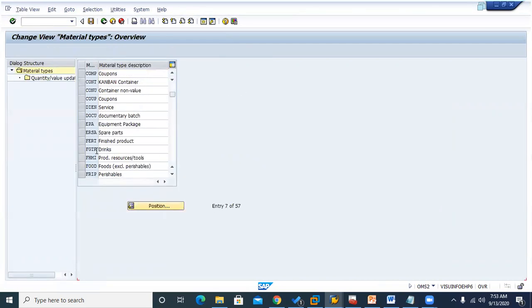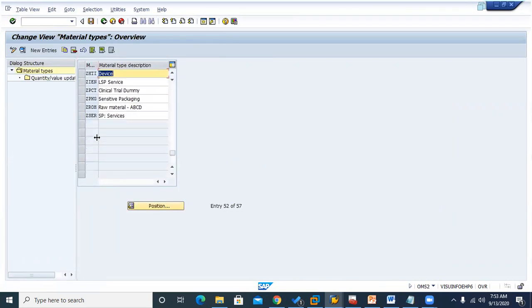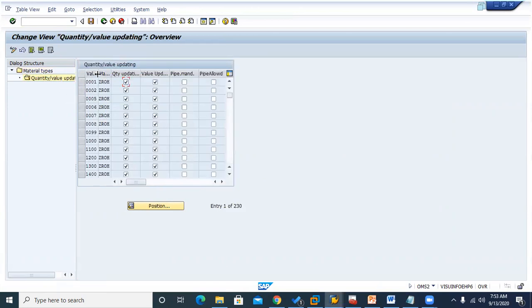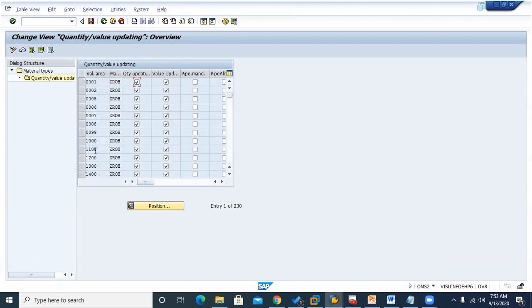I'll go here, I'll find ZROH, open this one. So with valuation area, what we have given for our company code. Our company code is ABC. Our plant is ABCD. Here ABC1, because company code is not necessary here. With respect to the plant it will be seen here. You can see here, this is material quantity update and value update.